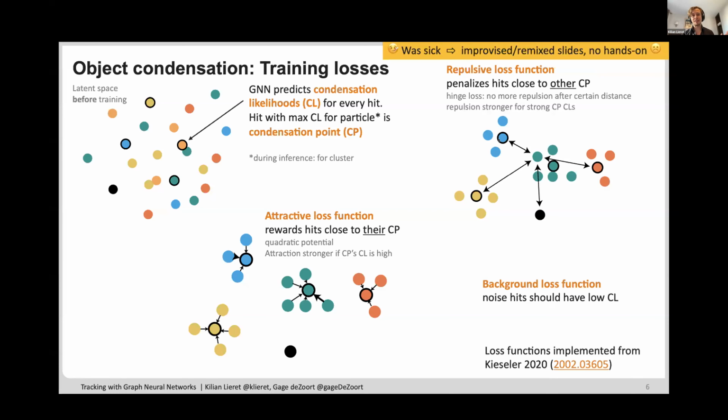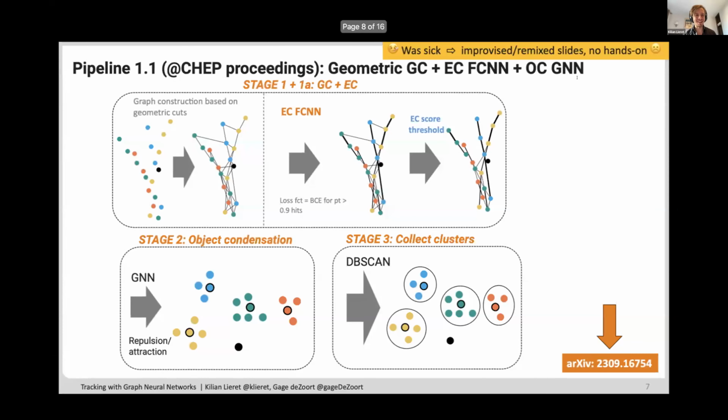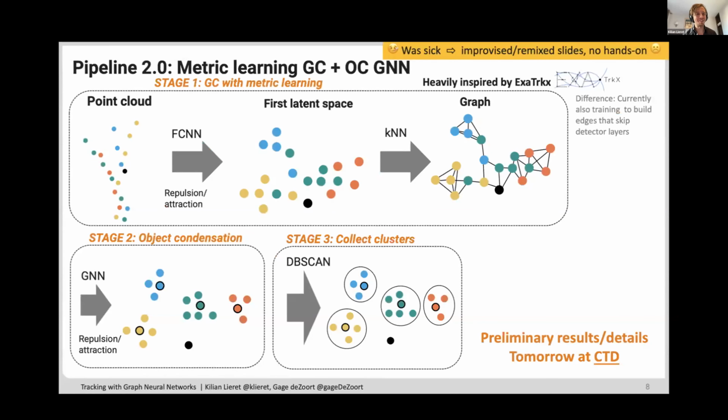So these attractive and repulsive losses are always relative to one of these condensation points, but they are kind of antagonizing forces that hopefully result in this clustering. In fact, you can also do the whole thing without talking about condensation points and just pick pairs of these points, and that also works. And let's not get into the details. Let me skip this one and go to this pipeline. This is what we currently do, and I think this is really the last slide on